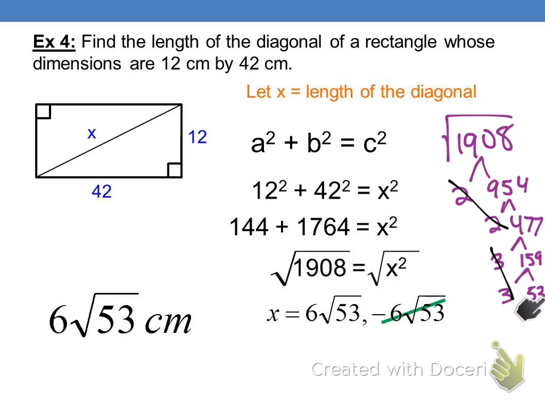53 stays inside. How do you know why 53 can't go in? So quickly in my head, I use my divisibility rules. It's an odd number, so 2's out, and all the other even numbers are out. If 2 doesn't go into it, neither does 4, neither does 6, neither does 8. So now the only options are like 3, 5, 7, 9. 3 and 9 you can check by adding the digits. That adds to 8, so 3's out, 9's out.